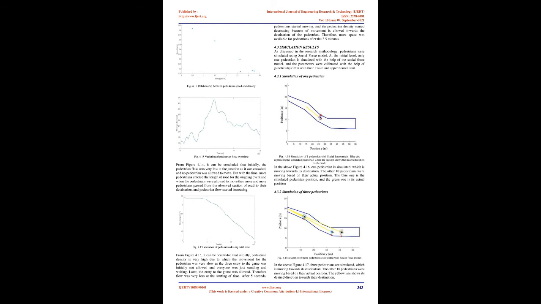Moreover, as the simulation takes a significant amount of time in the calculation of various parameters, the above methodology is first applied to one pedestrian, then extended to 3 and 5 pedestrians subsequently. The results from the single pedestrian were applied to 3 and subsequently 5 pedestrians to check the difference between positions obtained from the simulated and the actual data. Moreover, the parameters from the single pedestrian were also applied to obtain the simulated data for 3 and 5 pedestrians respectively, and this data was compared to the simulated data for 3 and 5 pedestrians obtained separately, to check the difference in the positions obtained from the two data sets.